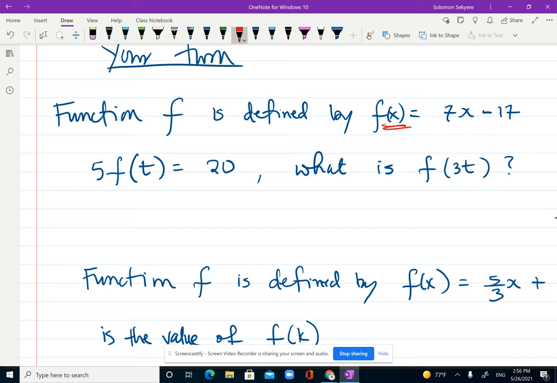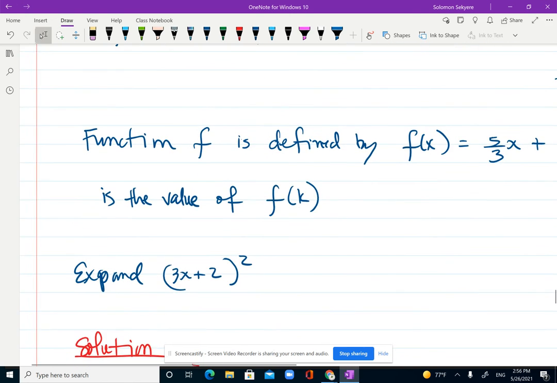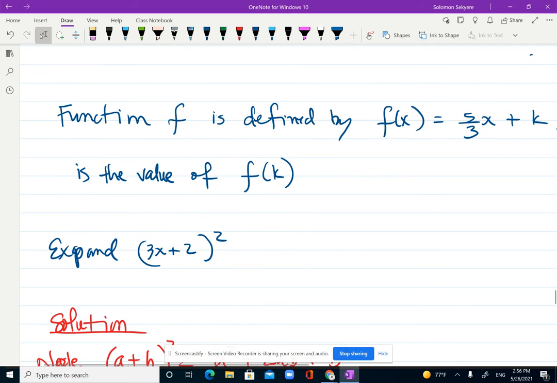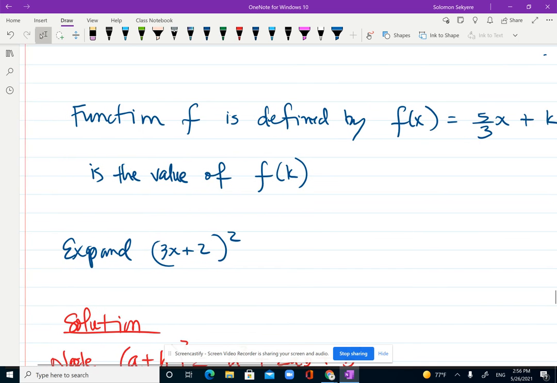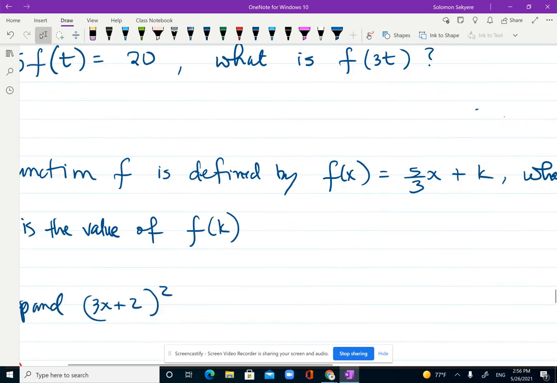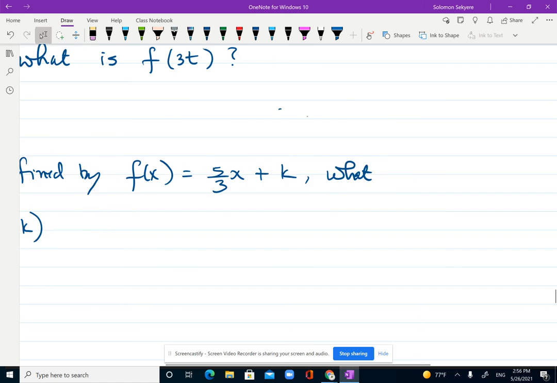5f of t equals 20. What is f of 3t? You have to find t first before you can come and find this. All right. Okay, another one is function f is defined by f of x equals 5 over 3x plus k. What is the value of f of k? Oh, I'm sorry. There's information missing over here. It is if,